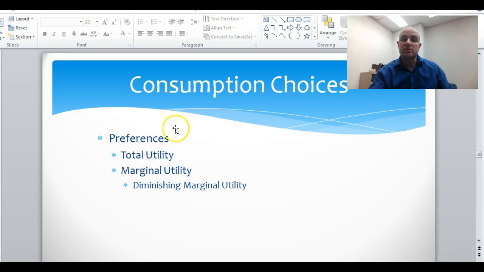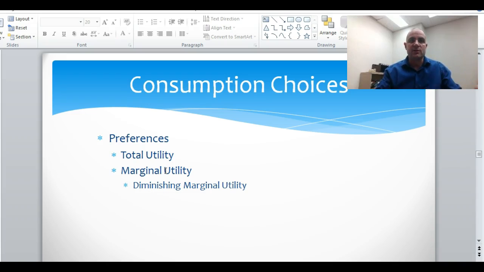So total utility is the total amount of happiness or total amount of satisfaction that you get from something, whether it's 100 units, 500 units, and so forth. Marginal utility, as we talked about marginal before, is the additional utility you get from an additional unit of something. So let's say you are